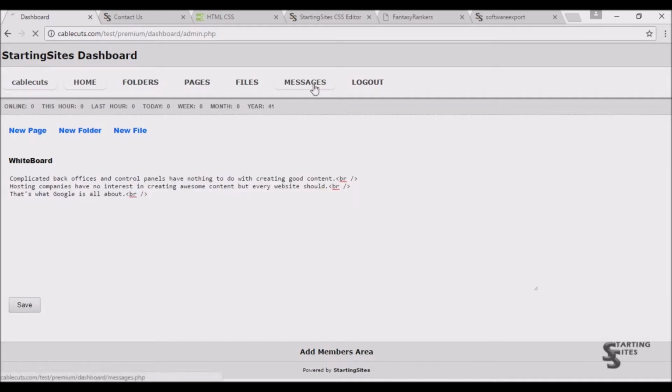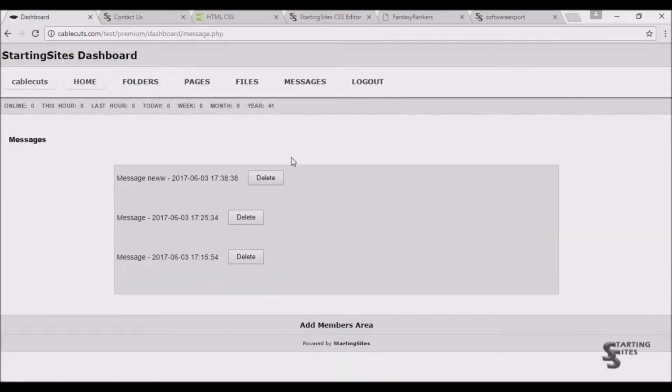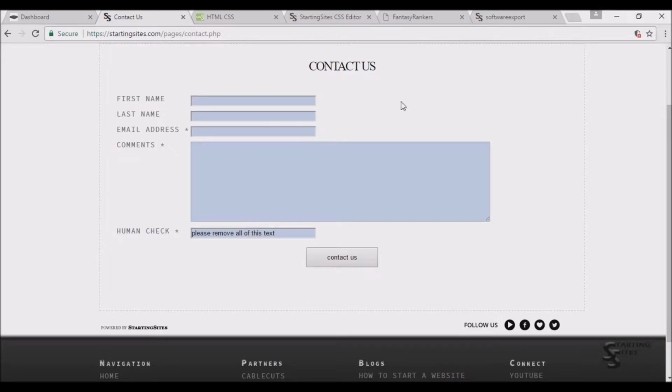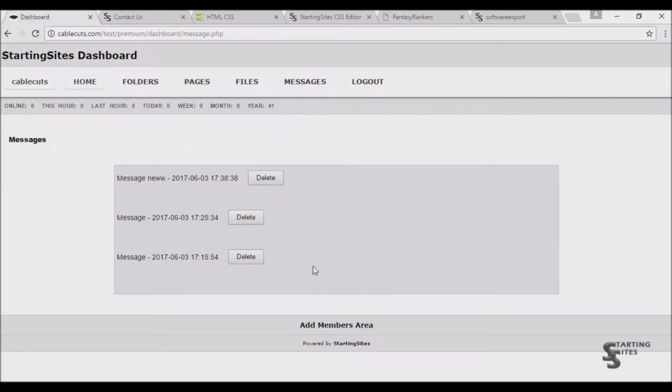You also have a message area where you'll get a contact form similar to the starting site's contact form, and whenever someone fills that form out, those messages will appear in this area as opposed to being sent to your email or anything like that. So the first thing I want to talk about is how to get this system, and